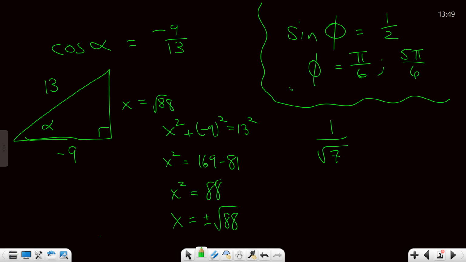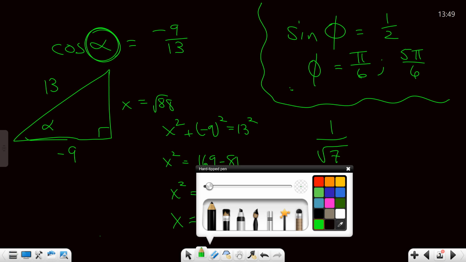Now that you have that, I'm not necessarily going to ask you to find that in this type of problem because we don't have a calculator. I have no idea how big that angle is, but what I do know is I can answer all kinds of questions about that triangle. Like, for instance,